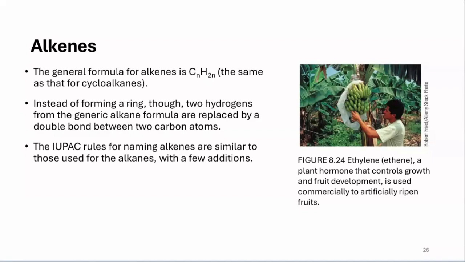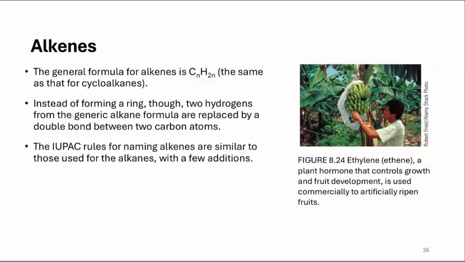Now we are going to proceed to learn about unsaturated hydrocarbons, starting with alkenes. We learned when we were first introduced to functional groups that alkenes are the functional group that contain one or more carbon-carbon double bonds. Since carbons are double bonded to each other, alkenes have two hydrogens less than straight chain alkanes. So when we look at their general chemical formula, they're going to have the general chemical formula